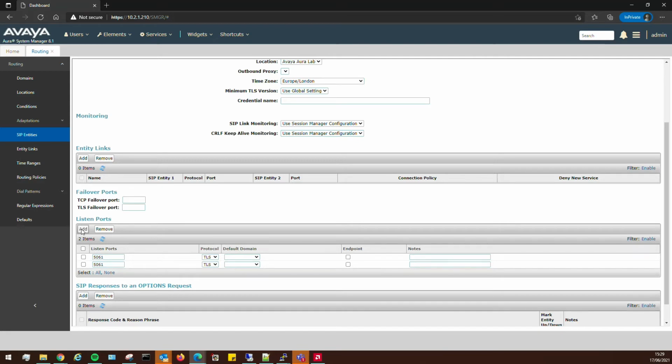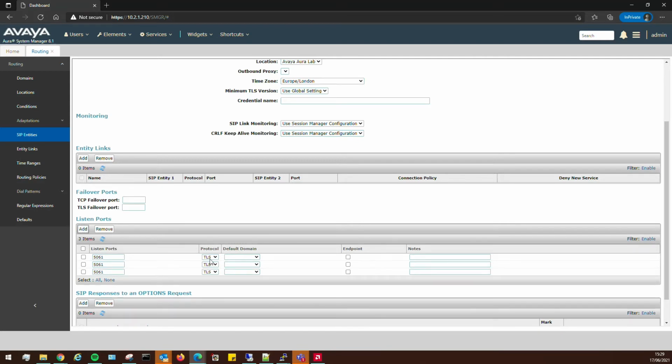depending on what our phones are going to register to, like what transport method. So for example, let me explain this. We need to tell Session Manager what ports it's going to listen on. So I want it to listen on 5061 TLS. The default domain is going to be that, and I want it to be an endpoint. So endpoints are allowed to register on this. I'm also going to enable TCP, and I'm also going to enable UDP as well. I'll change these to 5060. And basically what that means is,